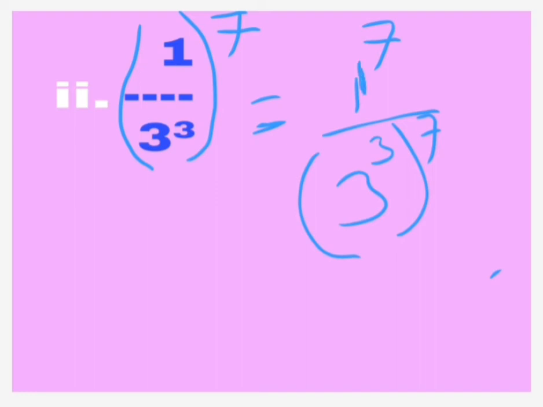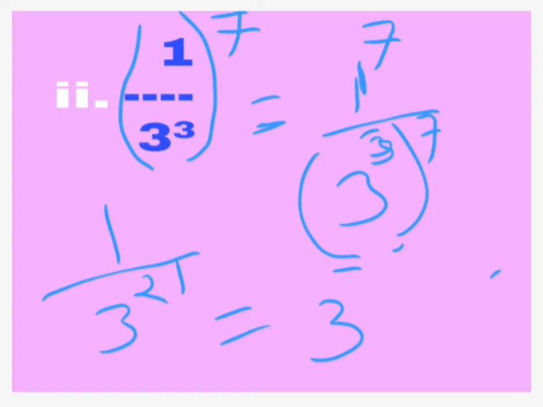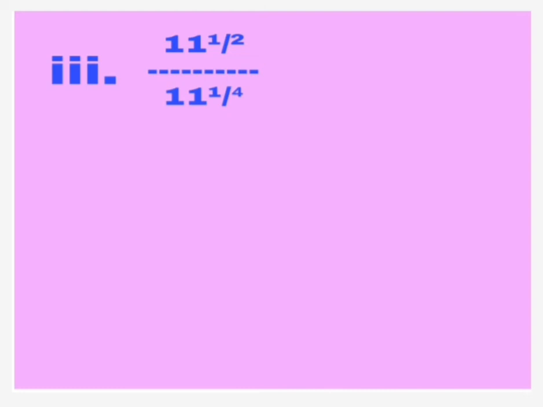1 to the power 7 is equal to 1 itself, divided by 2 powers. If you have a single base, you should multiply both the powers. 3 to the power 3 sevens are 21. So like this also we can keep. Otherwise we can write this as 3 to the power minus 21 also, taking the denominator term to the numerator, so the positive power will get converted into a negative power. So that is the solution for the second sub question.